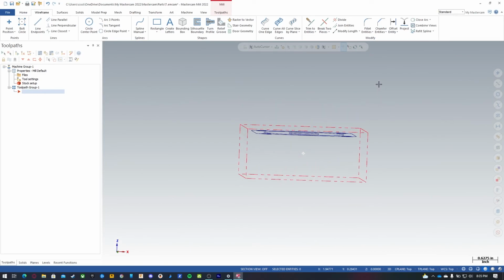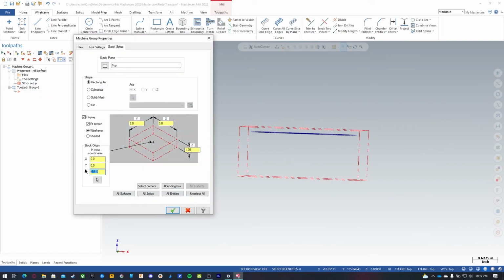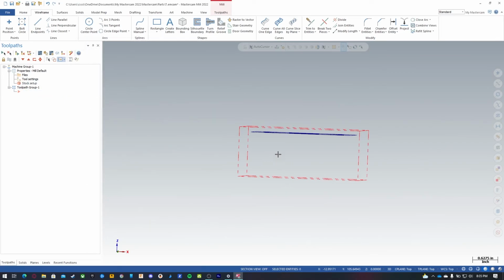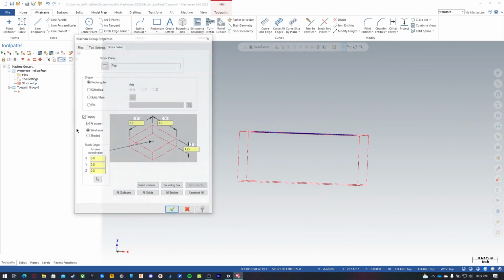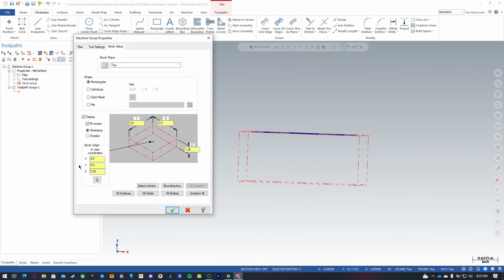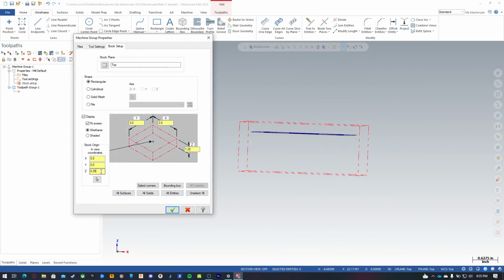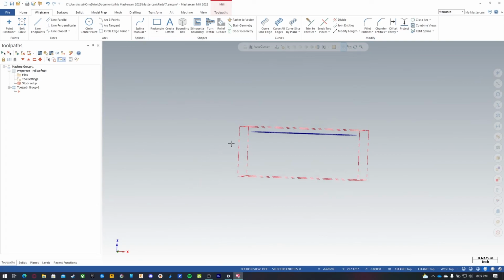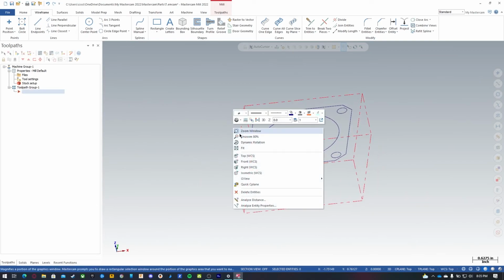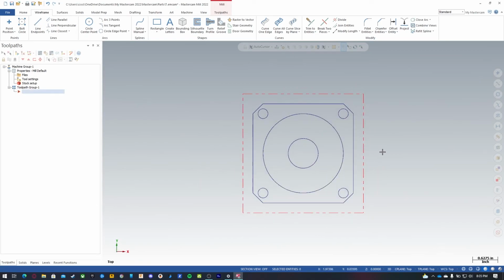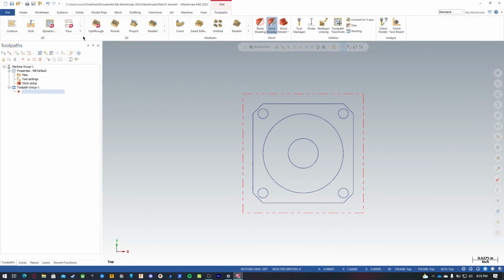Now you can see that my wireframe is above my stock, and that's because of my excess stock that we're going to machine off. So if I set this at 1/4 inch, it will offset it 1/4 inch above 0. So let's set it at 1/8. So we'll shave off 1/8 from the top and on the bottom, and let's go up to our facing toolpath